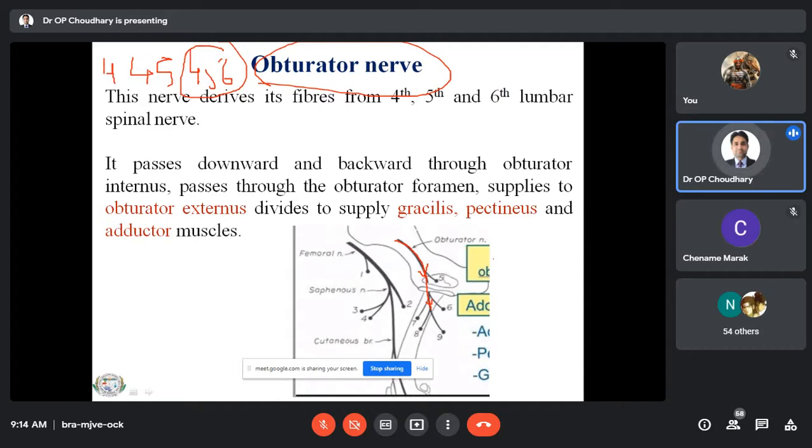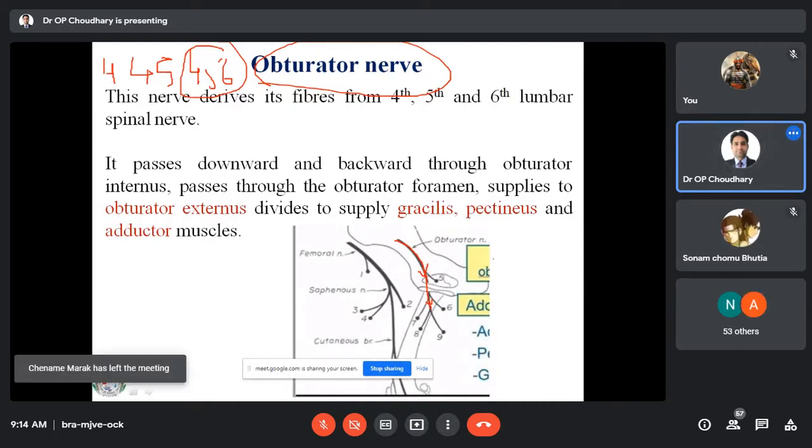anterior part of the lumbosacral plexus, and these mainly include 3 nerves: the iliopsoas nerve, number 2 is the femoral nerve, that is the largest of the anterior part of the lumbosacral plexus, and the third one is the obturator nerve. And this obturator nerve usually arises its fibers from the last 3 lumbar spinal nerves.